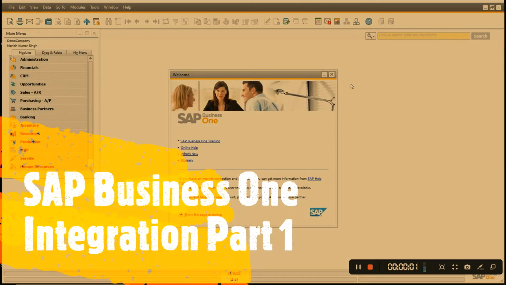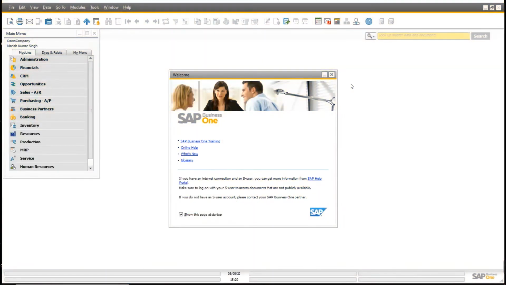Hello everyone, I'm Manish and this is the start of the integration tutorial. Hence I thought I should start with Windows services because it plays a role while integrating non-SAP systems to SAP systems. Hence I will show you how you can create your own Windows services and then how you can install and uninstall these services using PowerShell. So let's start.